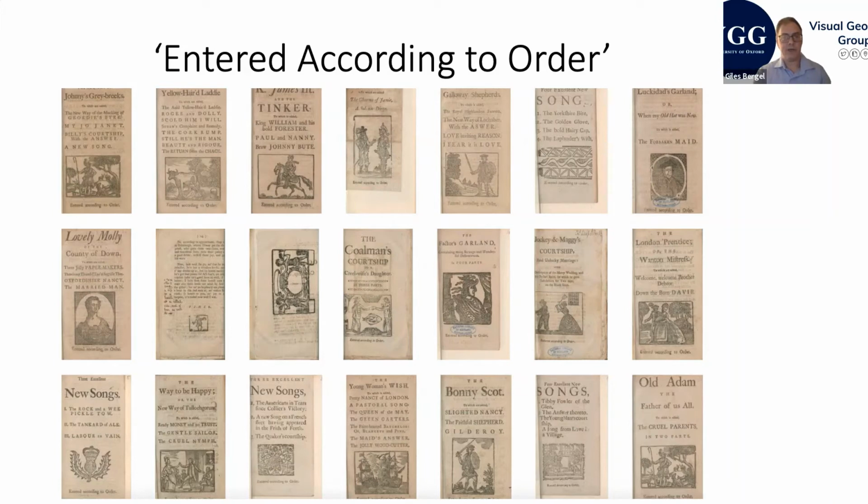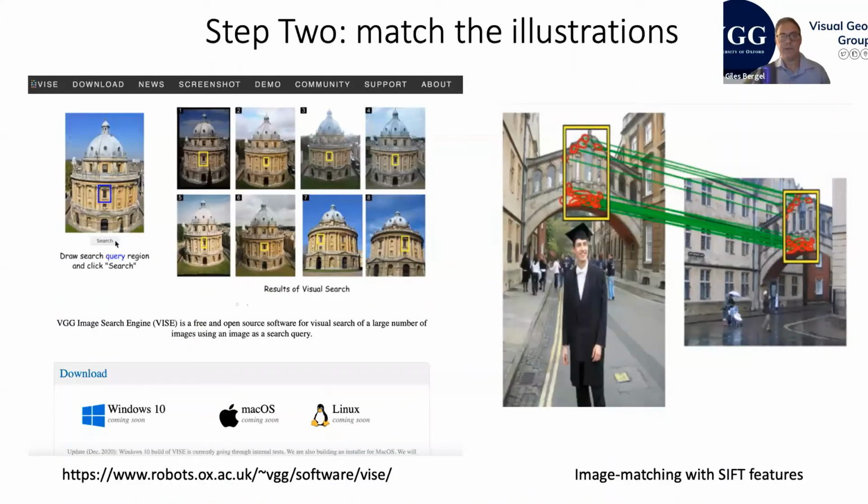It does raise a question, which is, where were these books entered according to order actually printed? This can be addressed. Addressing this is part of the motivation for my step 2 in this research, which is matching the illustrations. So it's a different technology from the detection of illustrations. This is matching, finding things that are the same, features that are the same for some value of the same